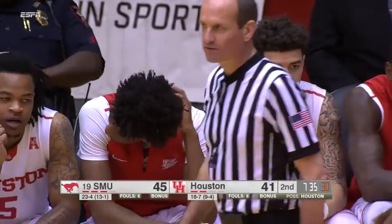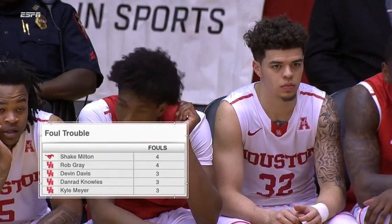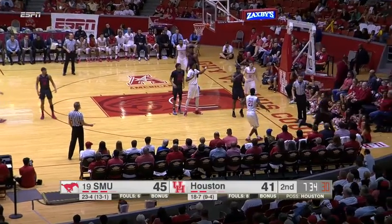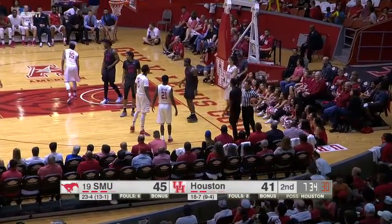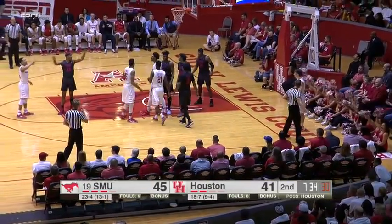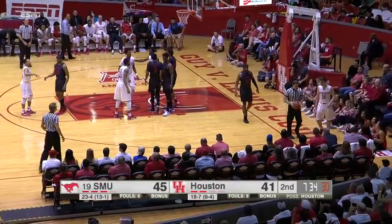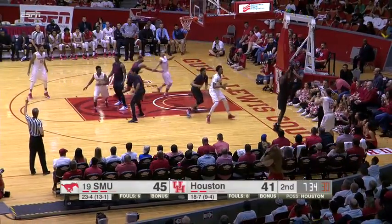It's almost like he's got a stopwatch in his pocket. It's minute by minute, just kind of hold on for another minute or 2. And then he gets back into this game. Just kind of keep the score right around where it is. Has to start with defense and getting Damian Dotson some open looks. And you know the minute that Gray comes back on the floor, Tim Jankovic and SMU are going to make